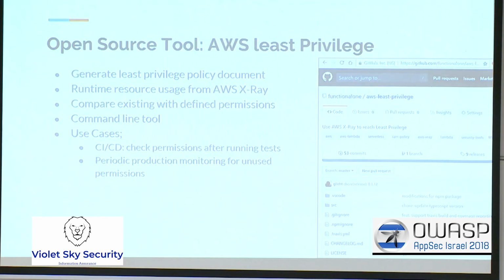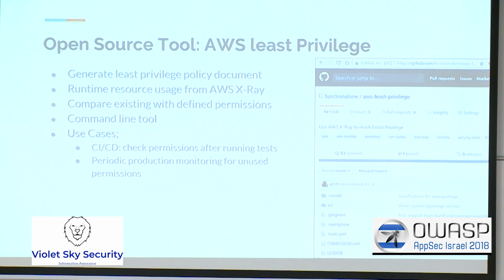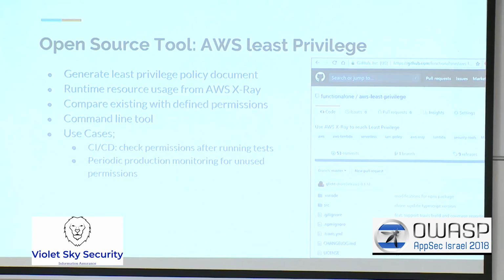So we created a tool, and the goal of this tool is to generate the least privilege policy document that you can then copy to your Lambda function. The way this tool works is basically it's looking at runtime information. We decided the best way to analyze